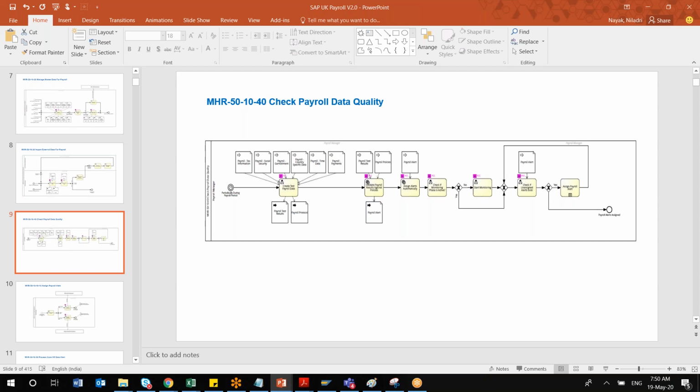Suppose new people have joined the organization, you can check how many new people joined and whether their master data has been maintained or not. All those standard and statutory reports you can download, and that is a long activity when it comes to payroll. You can go through them, and if there are any data discrepancies, you can always check the data quality.